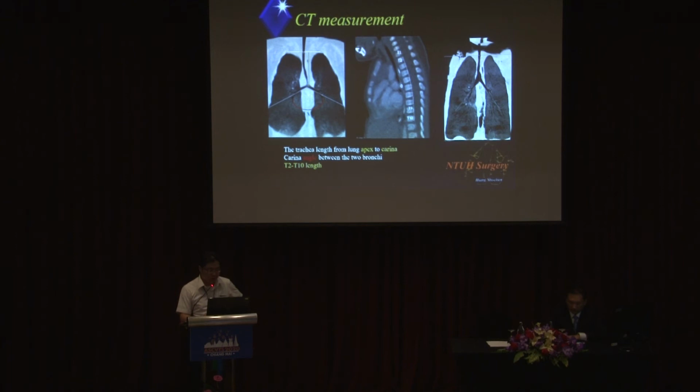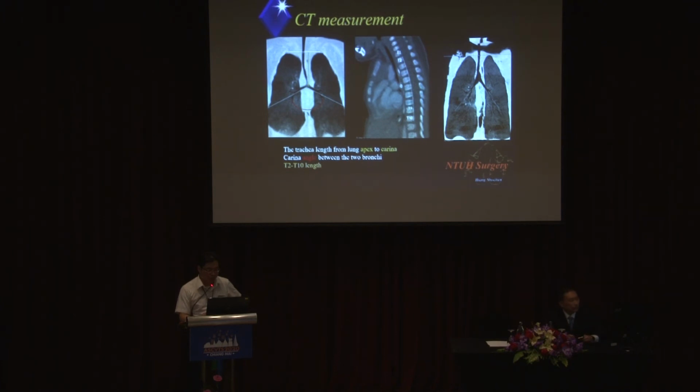And we use the CT scan to measure the trachea. We can see on the left-hand side the length of the trachea. We measured the length of the intrathoracic trachea, because in early days we tried to decrease the radiation exposure, so we usually do not have the CT scan up to the neck unless specified. We can see the length of the trachea and the angle between the left and the right bronchus, which we call the carina angle.